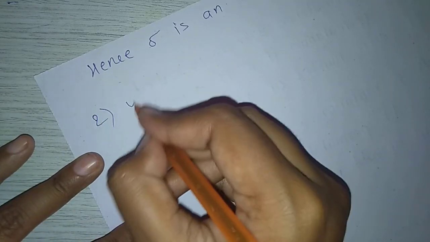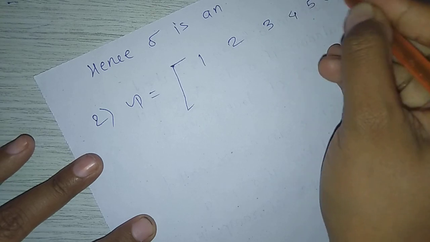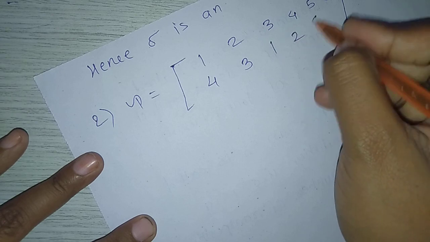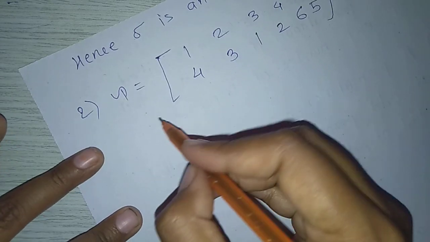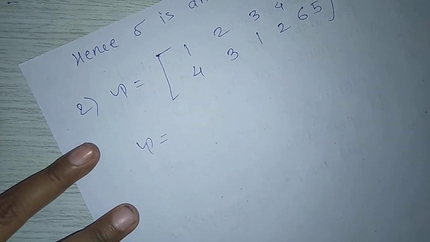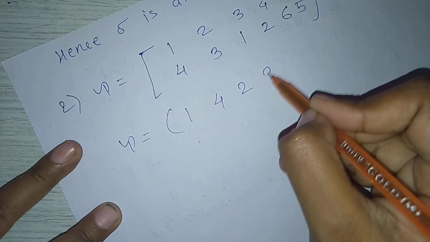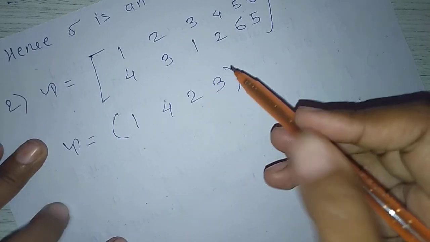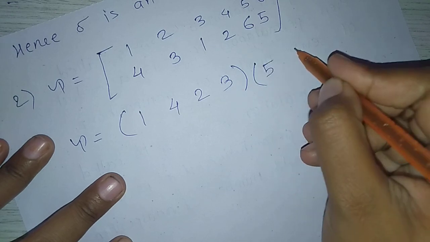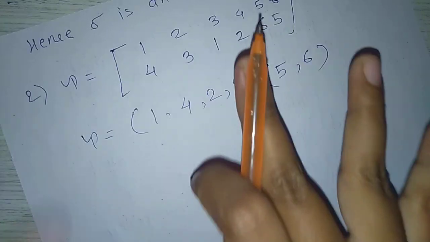Next, tau equals 1 goes to 4, 2 goes to 3, 3 goes to 1, 4 goes to 2, 5 goes to 6, 6 goes to 5. First write tau as a product of disjoint cycles. 1 goes to 4, 4 goes to 2, 2 goes to 3, 3 goes to 1. We stop here: (1 4 2 3). Now 5 goes to 6, 6 goes to 5. Now stop here. These two cycles are disjoint,